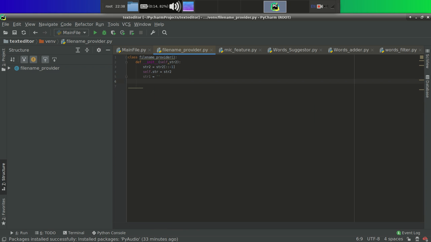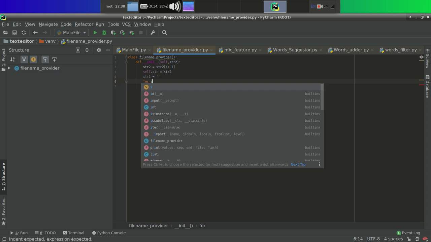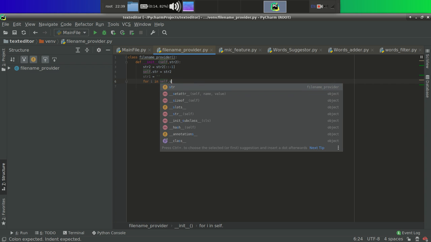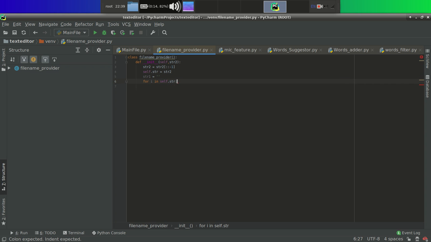Null is a different thing. And then I am traversing for i in self.str, which means I am traversing the inverted string. Initially I got some string and I have reversed it.